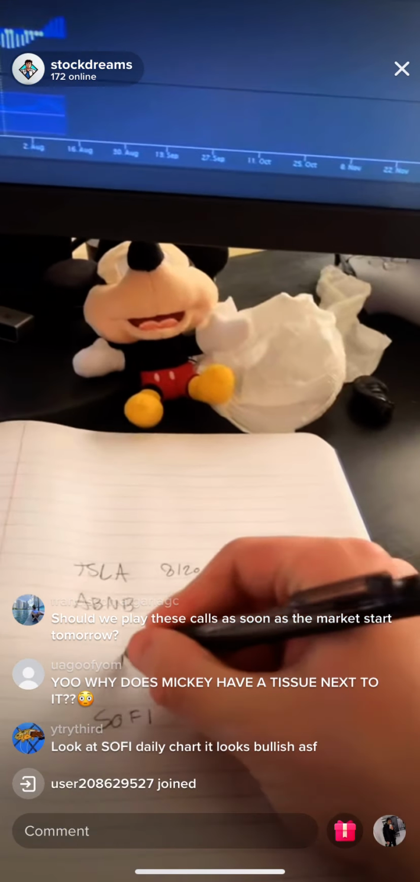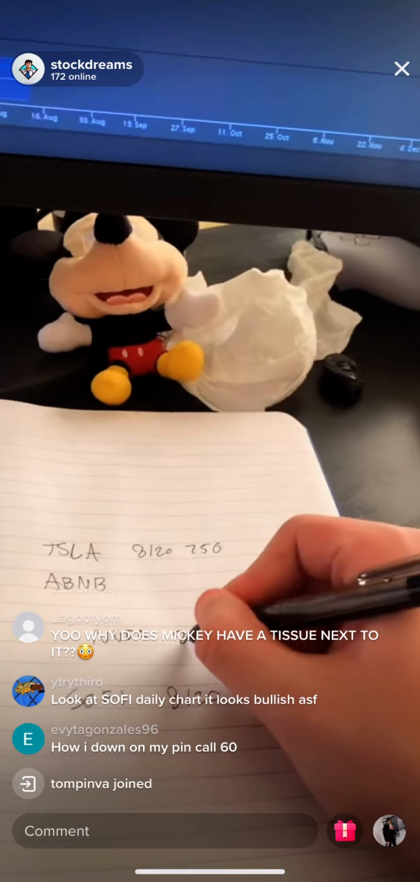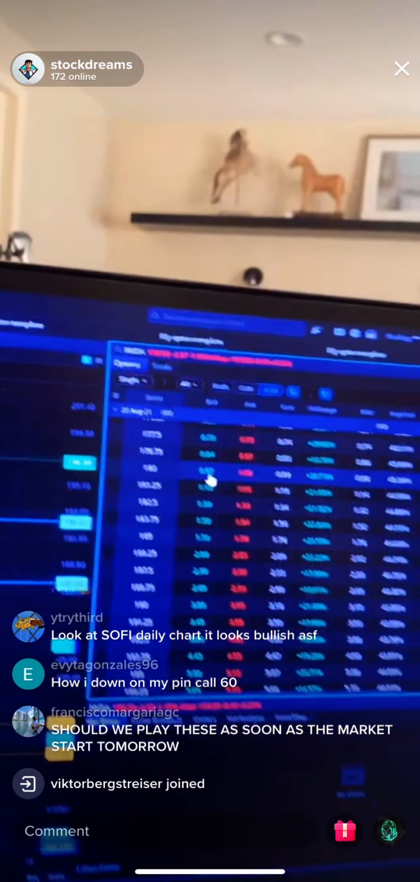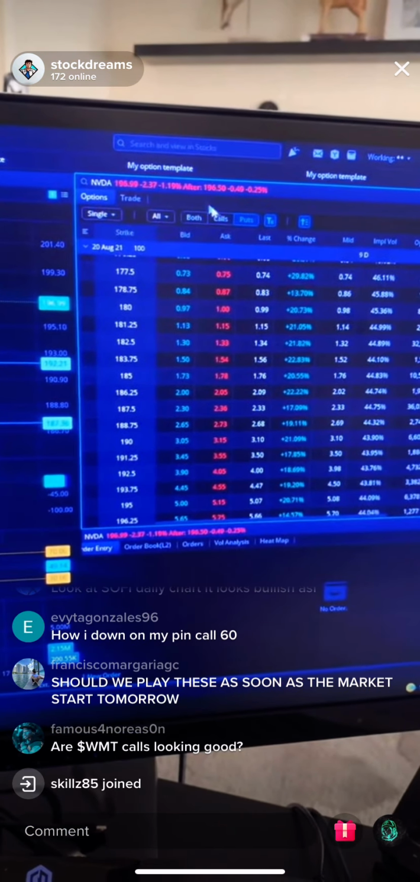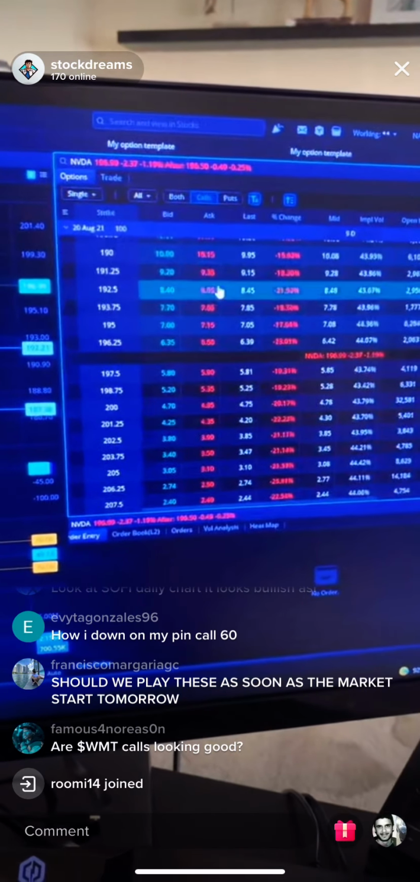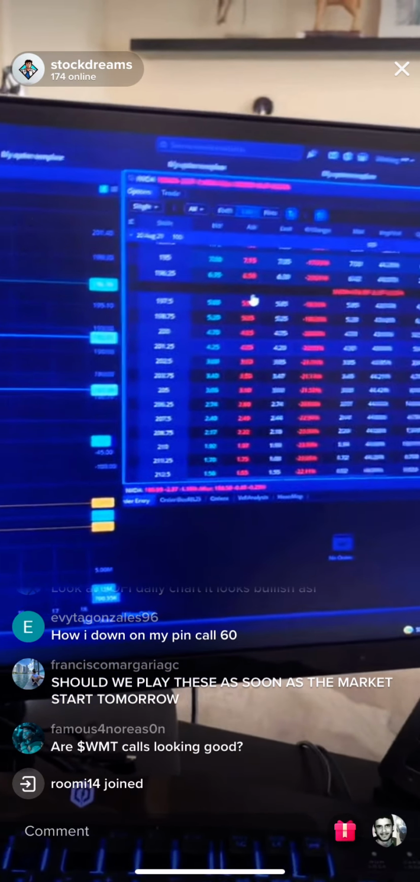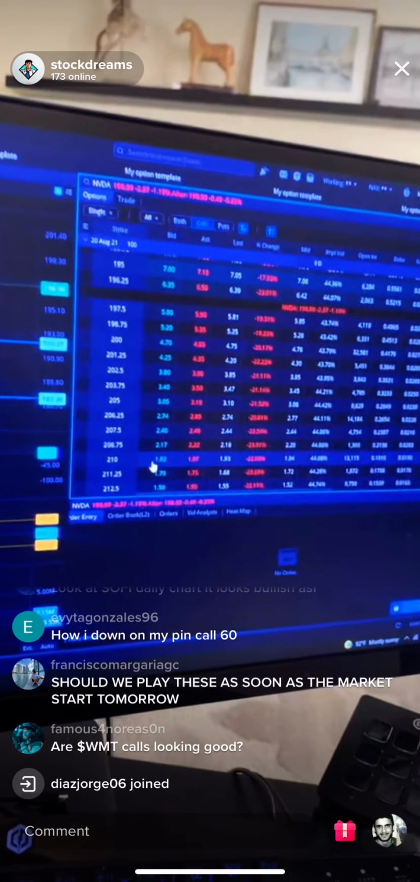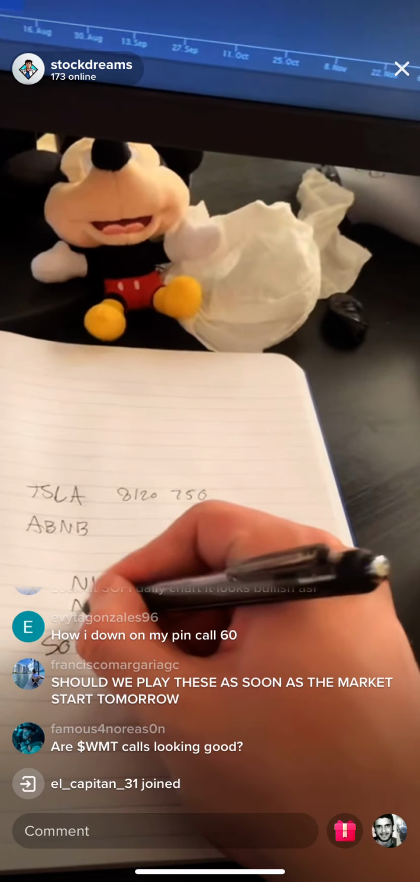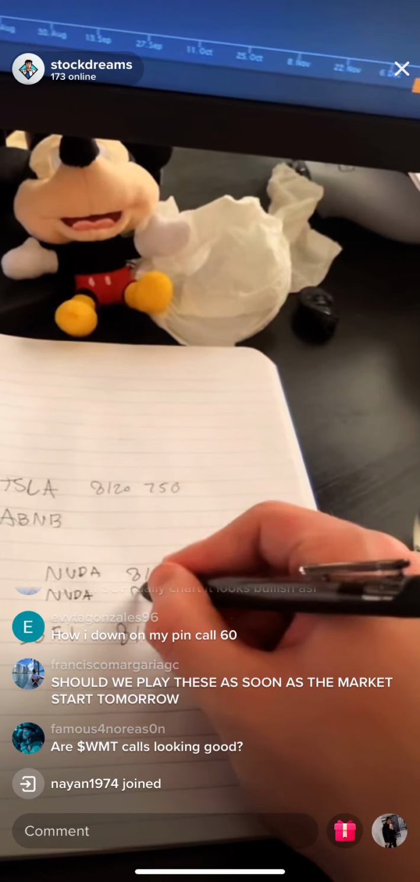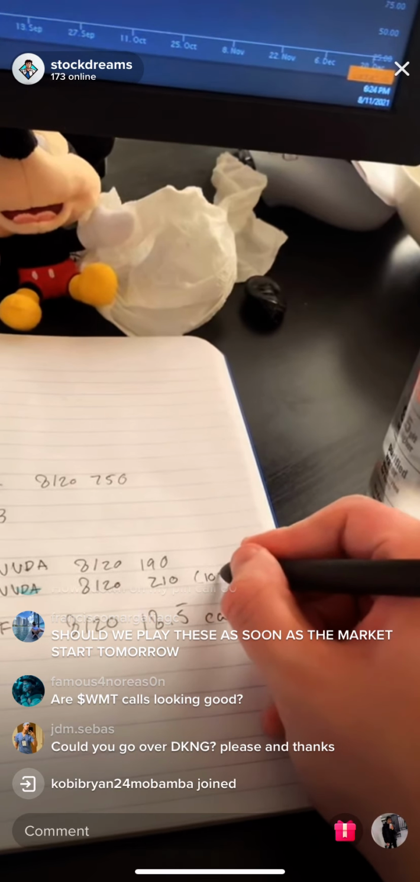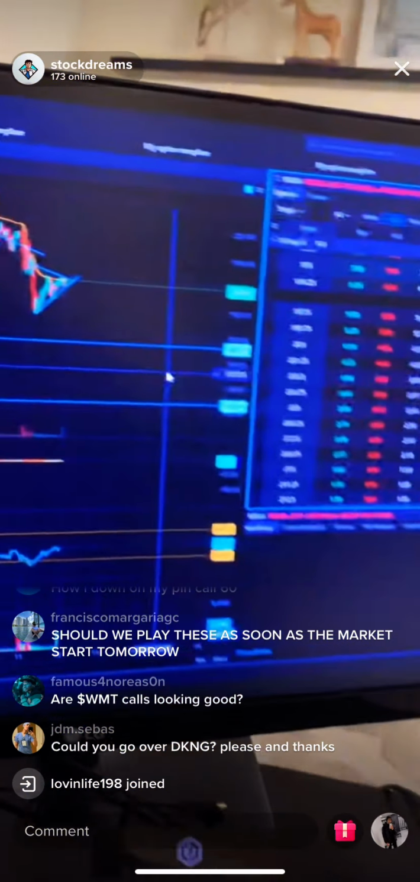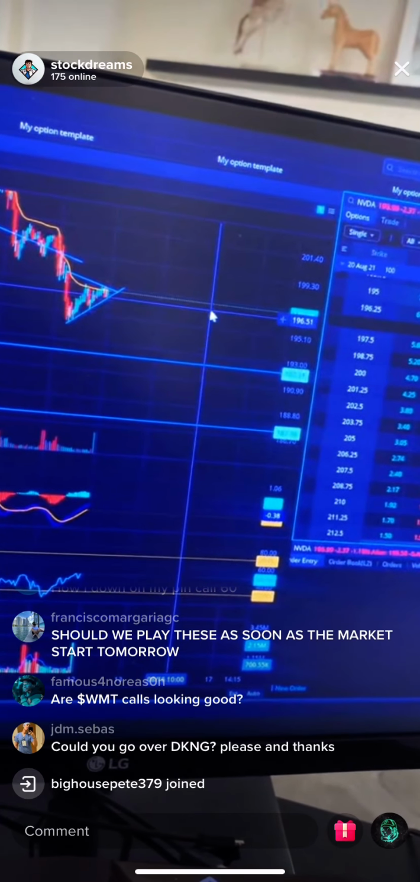NVIDIA, 8/20 190 puts. If you want to be a little bit riskier, you can go with the 180s, but those are really risky. I don't always go for those. And then for calls, I would be looking for calls over 205, and I would do 210 calls over 205. So NVIDIA, 8/20 210 calls. This one's going to be over 205.7, and I would do puts under,